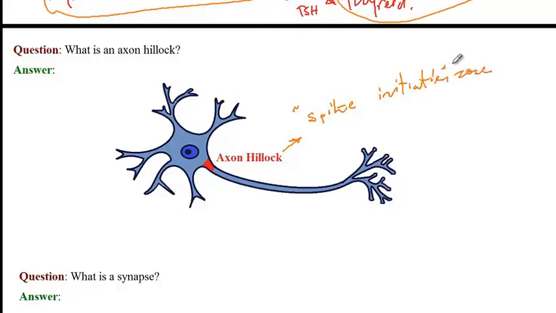because if the summation effects of all the presynaptic impulses depolarize the soma, as a consequence of which there would be enough depolarization of the axon hillock, that's the time that we will have an impulse transmitted down the axon. And here this nerve is an example of an unmyelinated cell. You can see that we don't have any myelin around the axon here. The next question is, what is a synapse?